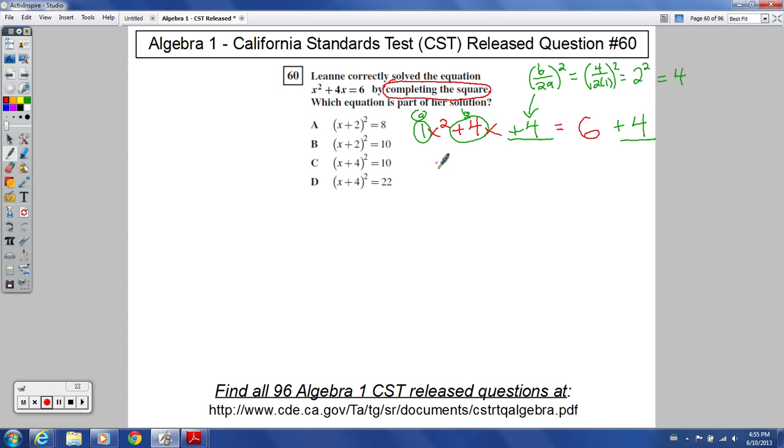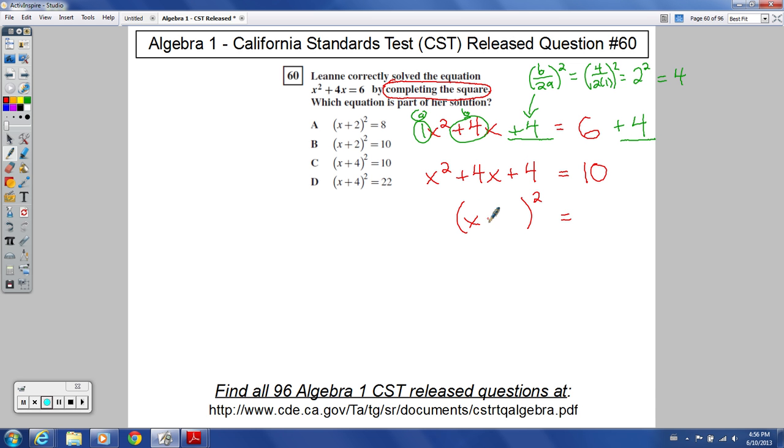And so what do we have left here? Let's make sense of what we have left. We have x squared plus 4x plus 4 equals 10. Now notice we were completing the square. The whole point of completing the square is so that we can get something squared. That's the nature of the phrase right there. That's exactly what we're doing. We completed the square so that we can have something times itself, something squared. So here, what would be this